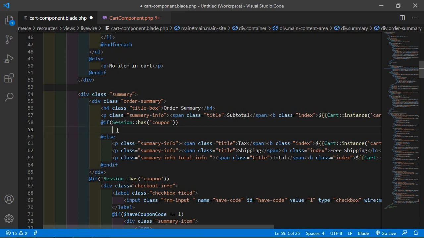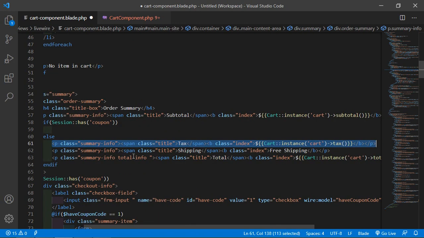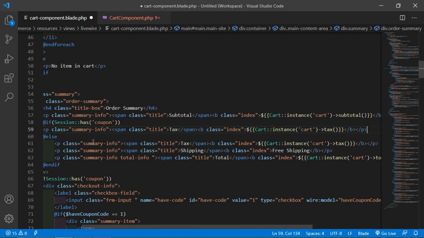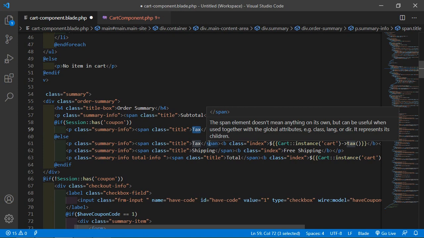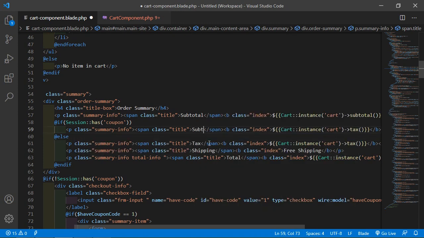So inside the if part, let's copy this and paste inside this, and here change the text. Just write here subtotal. First to display here the discount. Write here discount, and now display the discount code, coupon code.